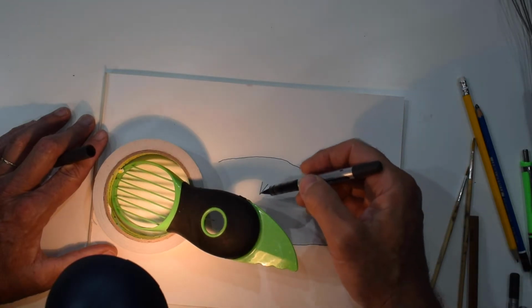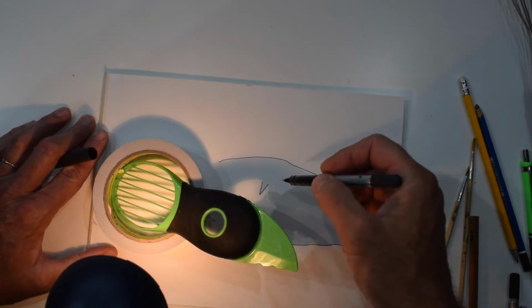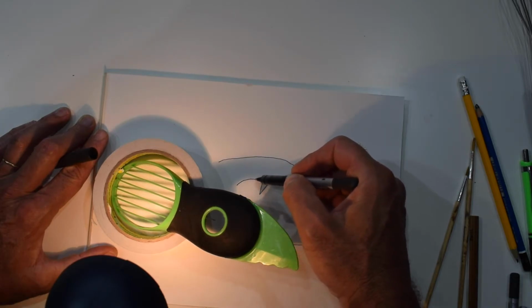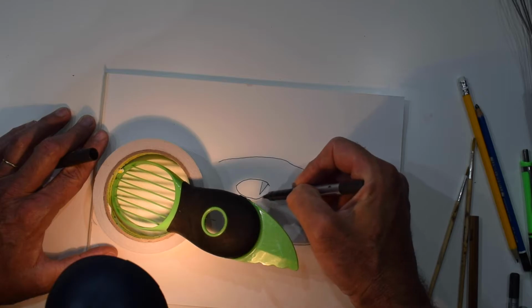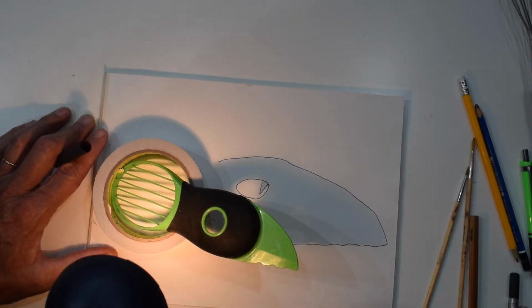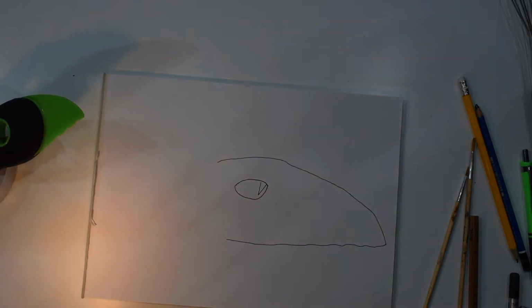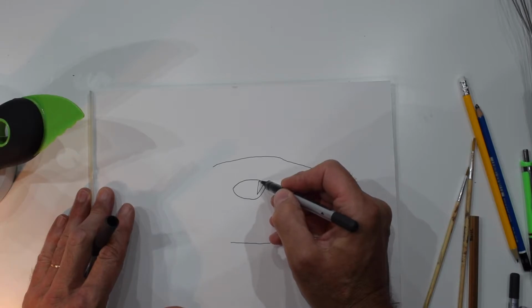Very large beak area. Nice hooded eye. Hooded brow. I mean, that gives you the basic shape. You can then take that away, which gives you that. So then you can start deciding